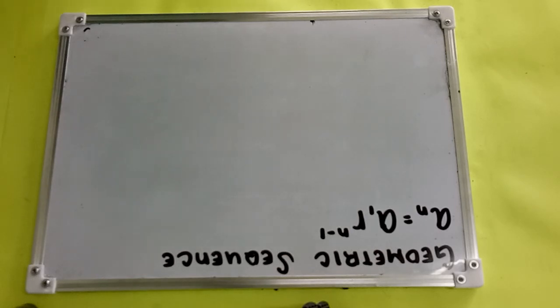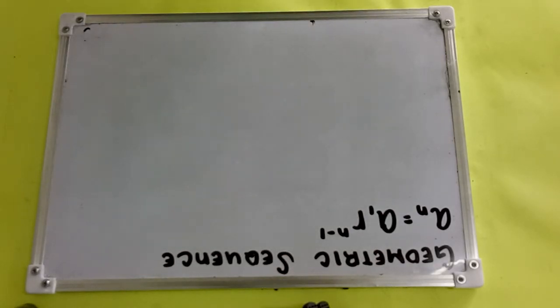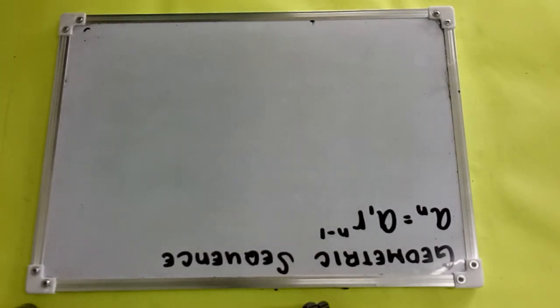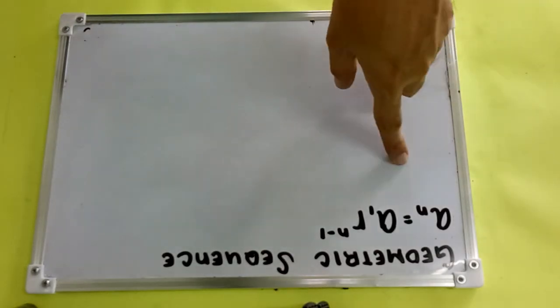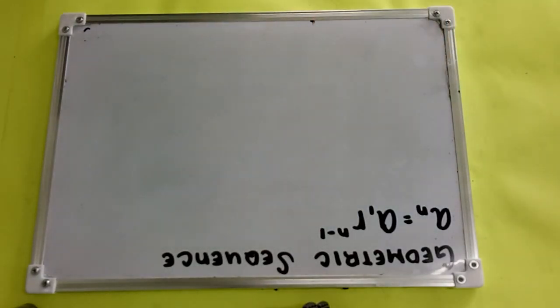So sa arithmetic sequence, kung meron tayong tinatawag na finite and infinite arithmetic sequence, sa geometric sequence, meron din tayong tinatawag na finite and infinite geometric sequence. So to find the given nth term, again, we will use this formula. For example,